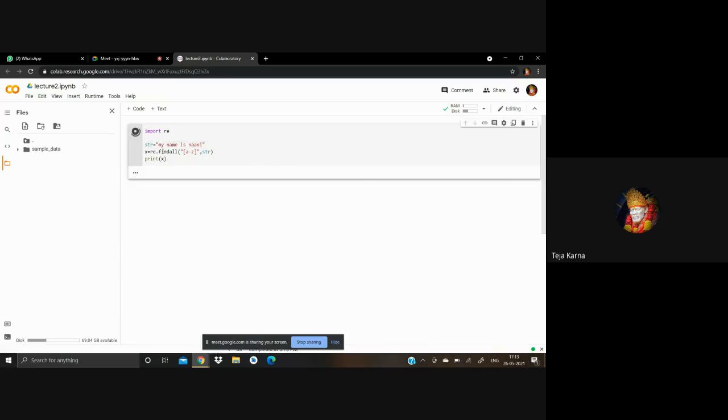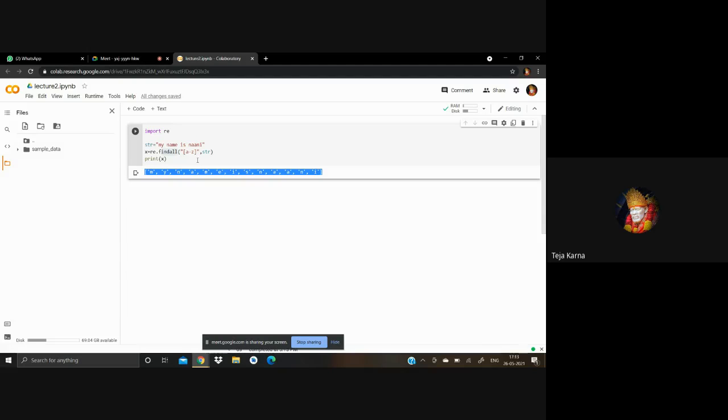So it will now generate a list like this. This is the actual work of this meta character. I already told you that findall generates a list of all the matching members. That's the first meta character.